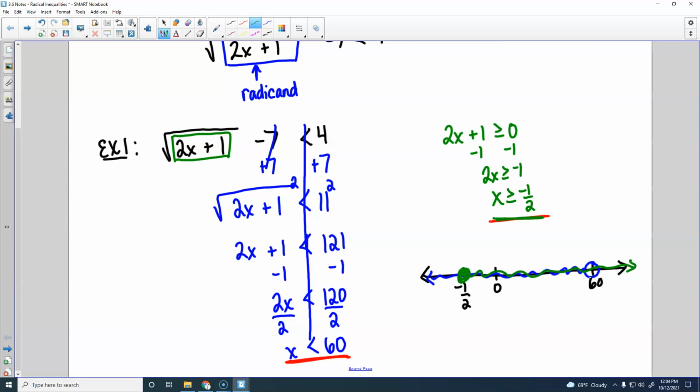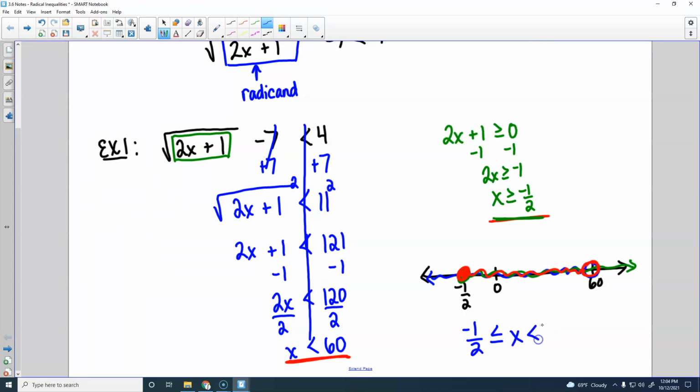What we're looking for is the part where they overlap. So we've got a closed circle right here. They overlap in between. We got an open circle right here. And so if I want to write this section, I would say negative 1/2 is less than or equal to